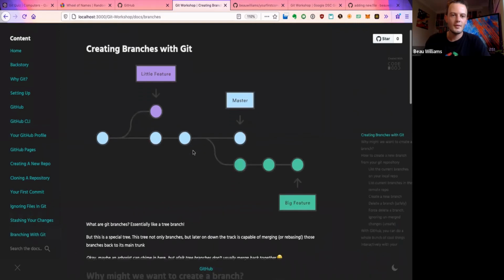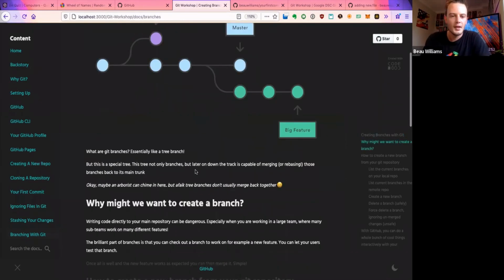Branches? Well, branching is important in the fork and pull workflow. So in the fork and pull workflow, you essentially create a branch, maybe for a feature or something, and later on you can merge that branch back in. We can see from this diagram how it's all working. We've got the main trunk, as it's called, and then we've got these branches that come off the side, and then they can be merged back into the main trunk later.